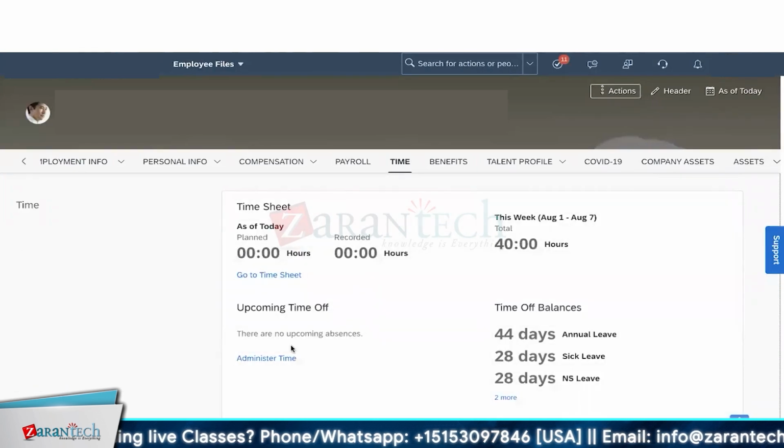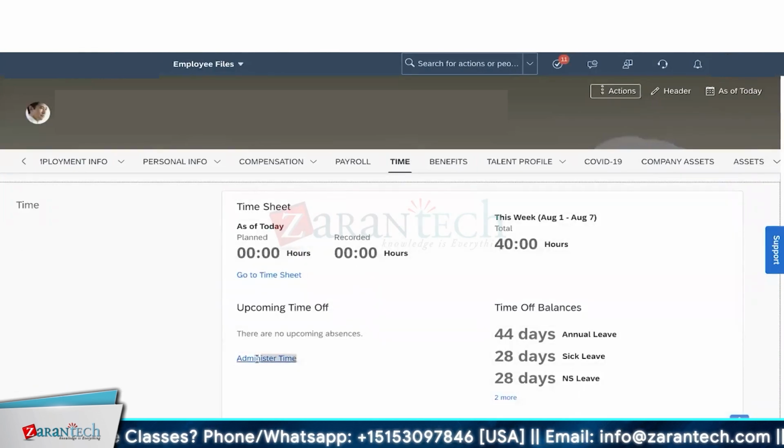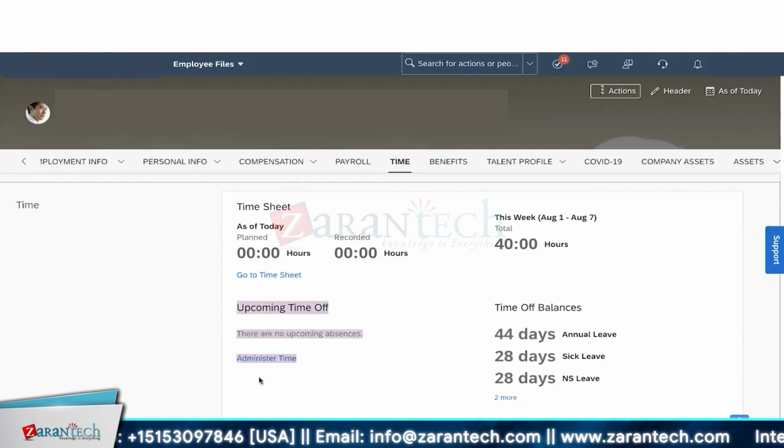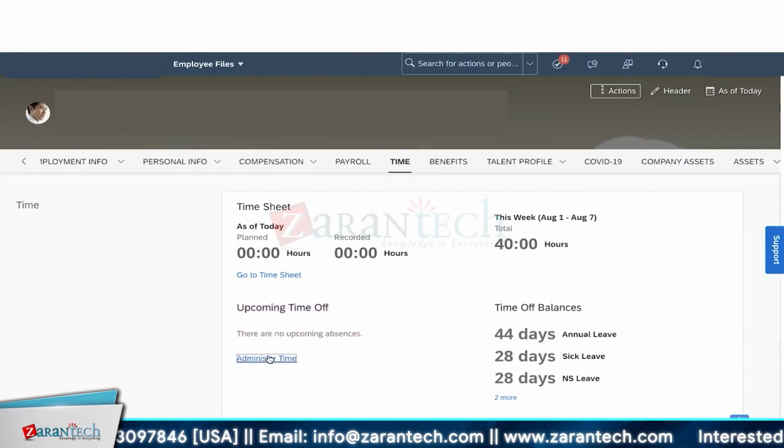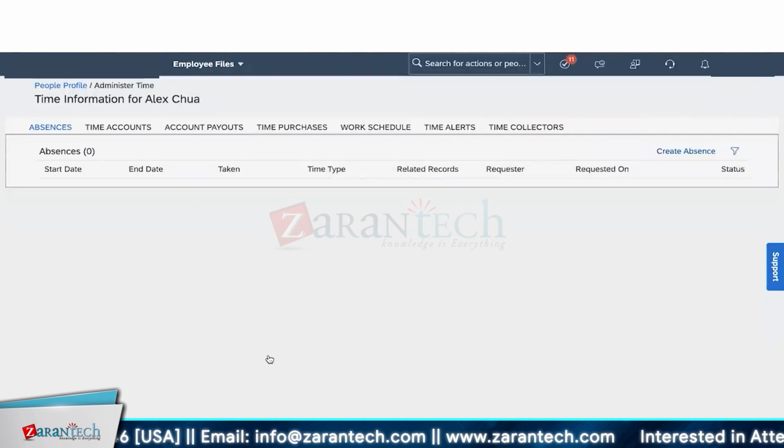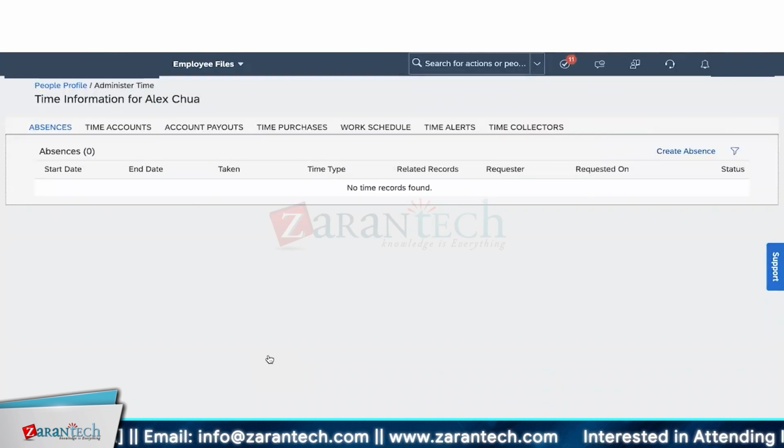we get an option called Administer Time as a hyperlink, guys, at the bottom. When general employees are looking, they don't get this link. Other things will be there, but this hyperlink called Administer Time will be available only for the admins. When they click on it, it takes them to a different page, a time related information page of an employee,